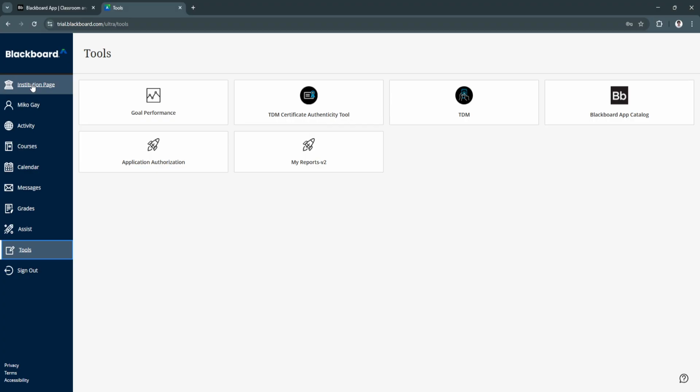So basically, just feel free to explore more about Blackboard's features, and in no time, you can use this for your educational needs. So that's basically it for this